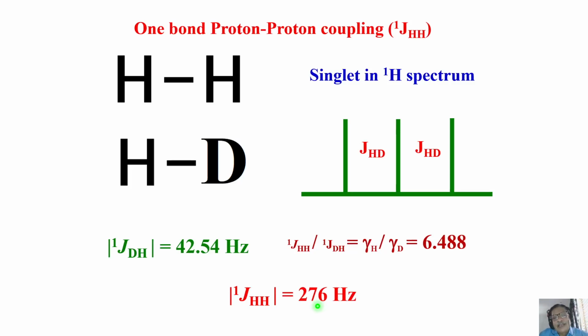But there's one small difficulty there. What is the difficulty? Remember, one-bond JHD itself is so small, 6.45 times smaller than that of proton. If I go for three-bond, it may be negligibly small. Sometimes you may not be able to measure it; this coupling may be hidden within the line. Three-bond or four-bond HD coupling you will not be able to see because of the low gamma, 6.45 times lower than that of proton. So that was not a practical situation there.